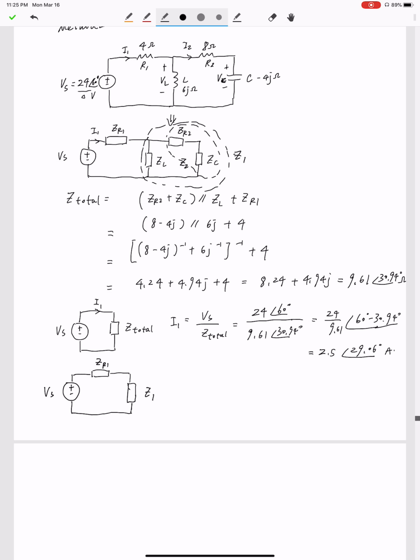Okay, so the voltage on Z1 is the same voltage on the inductor, VL. So VL can be calculated by Is minus ZR1 times I1, because the current flowing through ZR1 is I1, right? And that equals 24∠60 degrees minus ZR1, which is 4 ohms, times 2.5∠29.06 degrees, and that equals